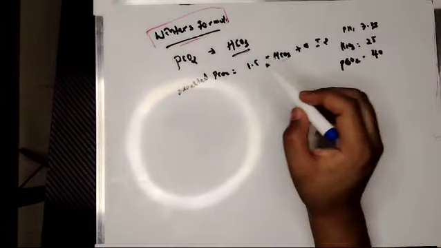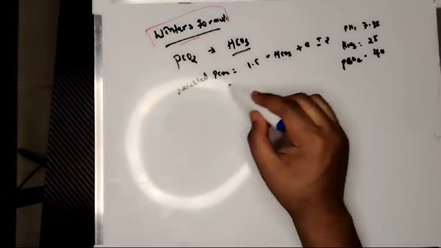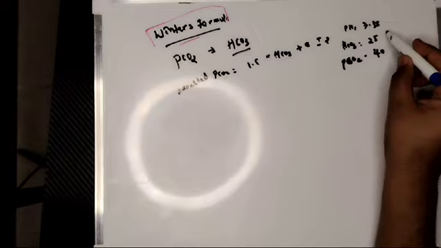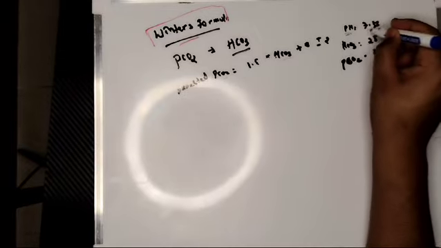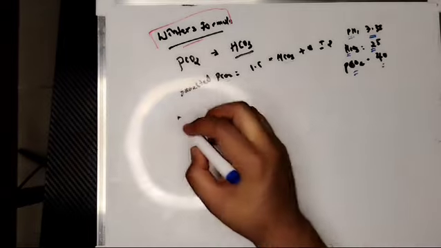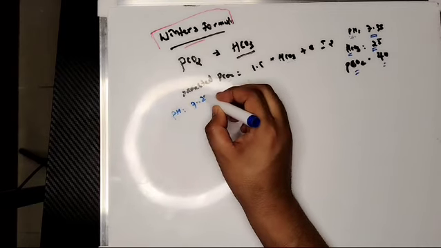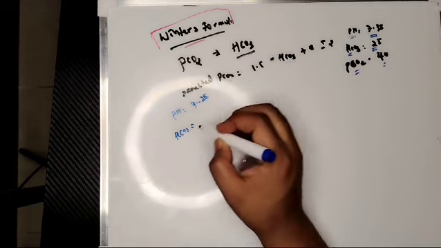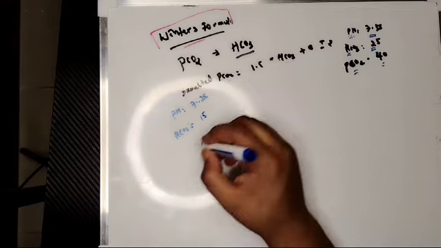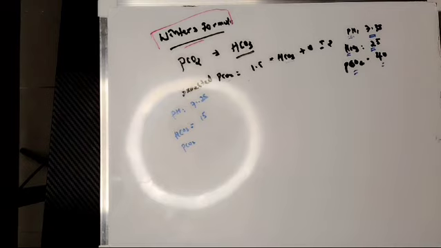So the Winter's equation states that the compensatory PCO2 is 1.5 times the bicarbonate plus 8 plus or minus 2. So here we have the normal values. For our purpose, we will take the normal value of the pH to be 7.35, bicarb level to be 25, and PCO2 to be 40. So based on this equation, let's take one example where there is a pH of 7.25, which is acidic, which is mainly driven by bicarb, because a low bicarbonate level is a metabolic acidosis. So let's take this one to be 15,